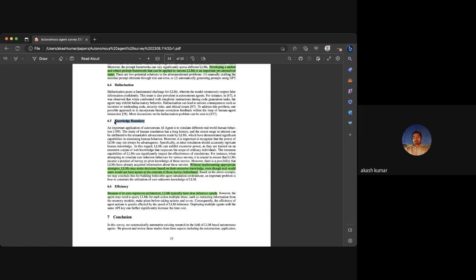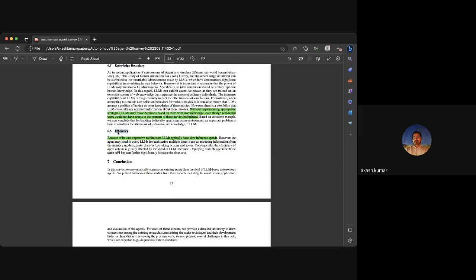So when you ask it to simulate a normal person, it is quite possible that the true knowledge boundary between a normal person and a very big, heavy model like GPT-4 will not be there, because even if you're asking it to simulate a normal person, that person will have the common sense reasoning of the model itself. I'm not sure if you can do this, but you can't tell a model to act with a lower IQ or something like that. So there's this issue of knowledge boundary when using LLMs for simulation.